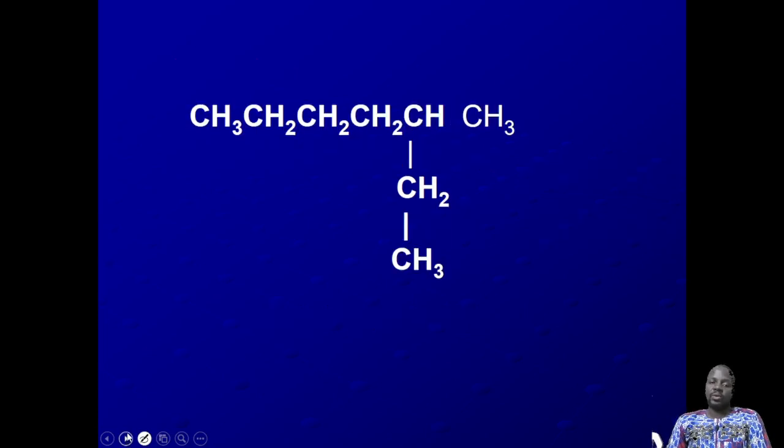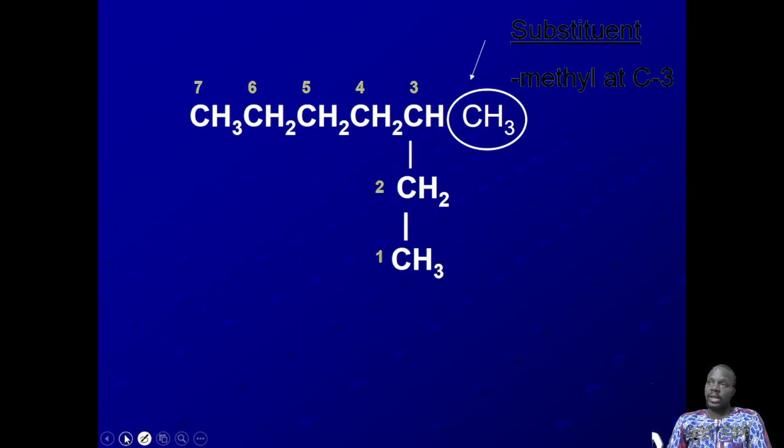The next one, we take one more example. Focus on the substituents. The substituent here is CH3. You can see that. Good. Fine. Now the next point is we start naming. 1, 2, then 3. On the third carbon, we have the substituent. So that means it will be 3-methyl. Then the parent's name, you can see, which is what we've talked about, the 6th and the 7th carbon atom. So this is 3-methyl. Can you see the substituent methyl is at the third carbon? So this is 3-methyl heptane. Be careful about the naming. It's very important you understand how to write